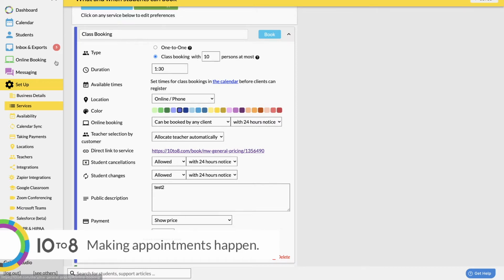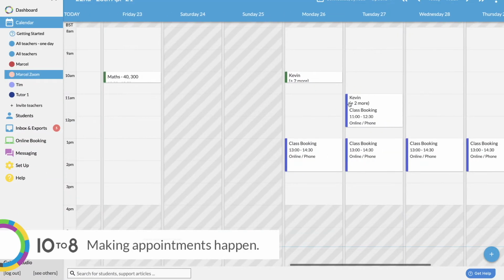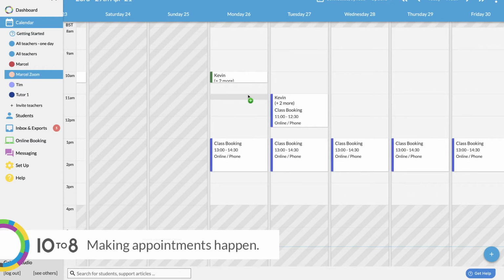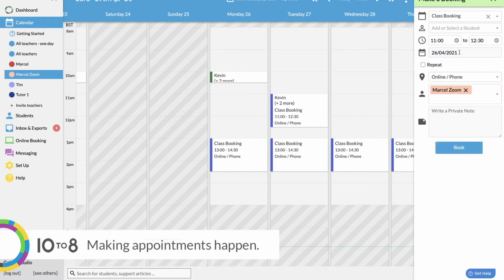Now that you created a class, to make it available, all you need to do is to go into Calendar and select the specific date and time when you want it to be available. So let's say Monday the 26th at 11. In the right hand side panel, from the top drop down, you select the new class that you just created, and then you get the option to also edit the date and time again if you wanted to,